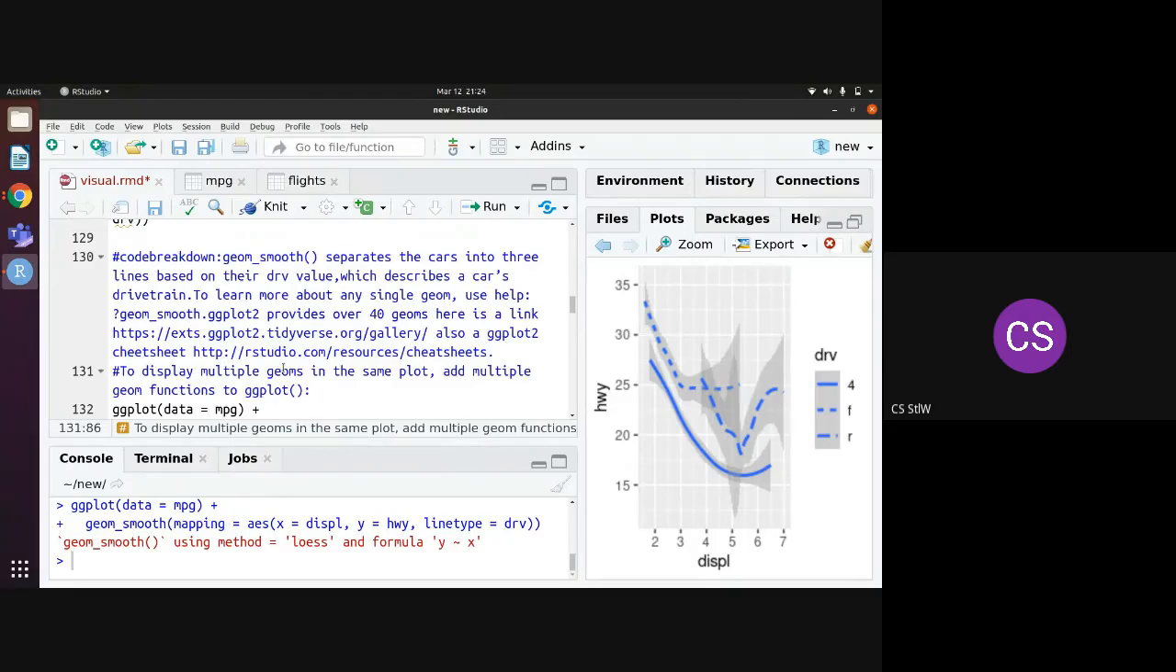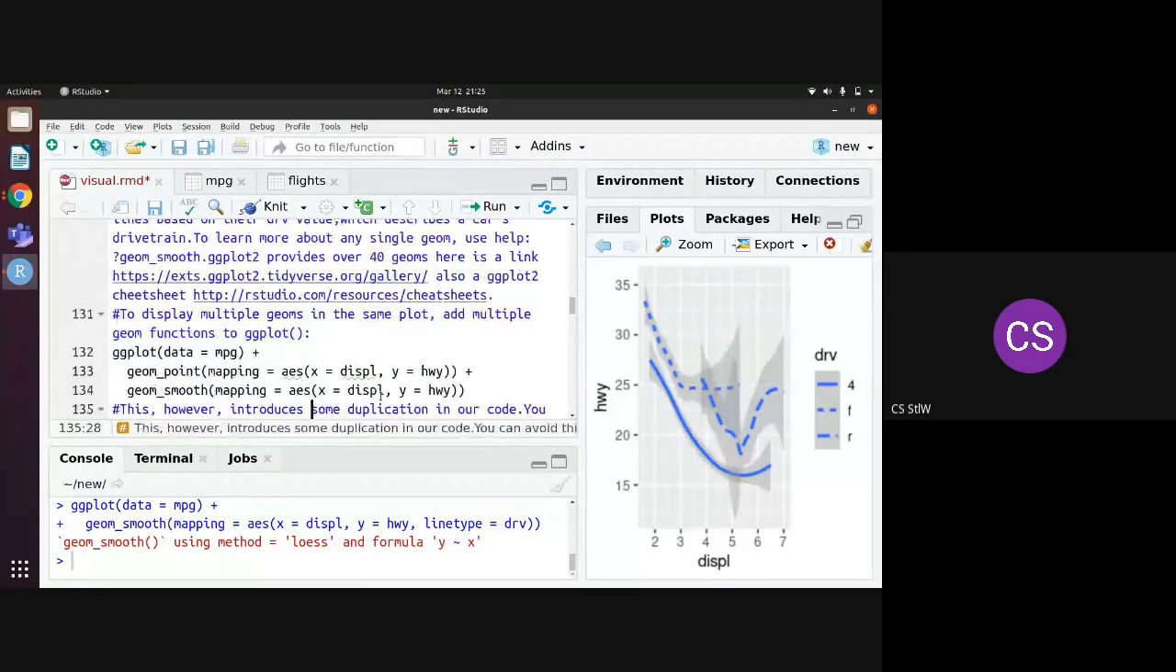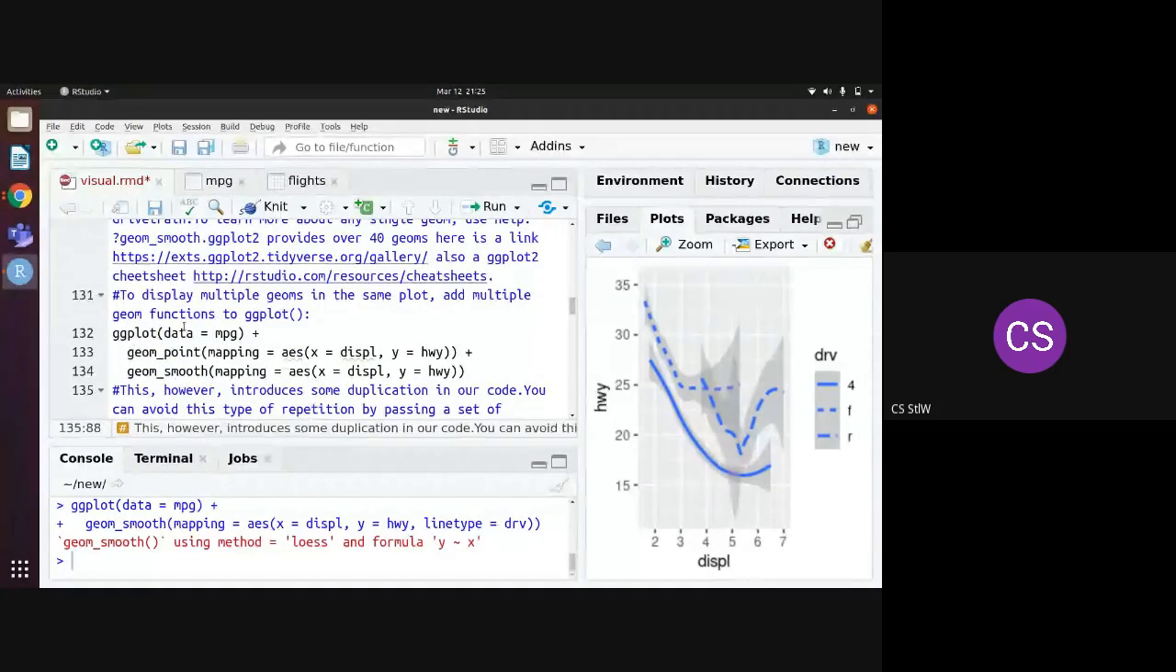To display multiple geoms in the same plot, add multiple geom functions to ggplot. How do we do that? We now say ggplot, data equals mpg, geom_point, mapping equals aesthetics, x is the engine displacement in liters, y is equals to